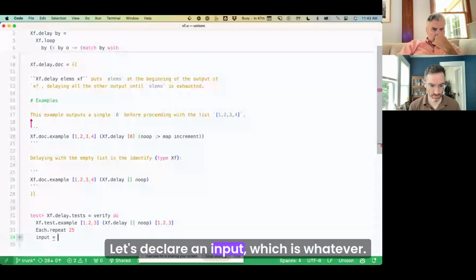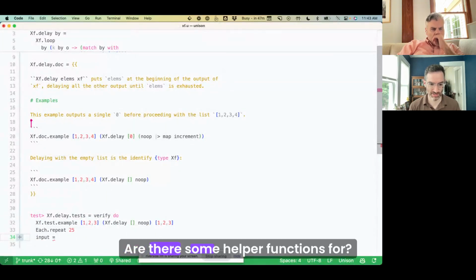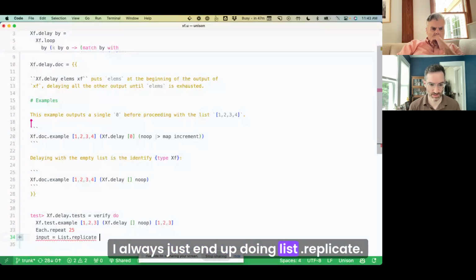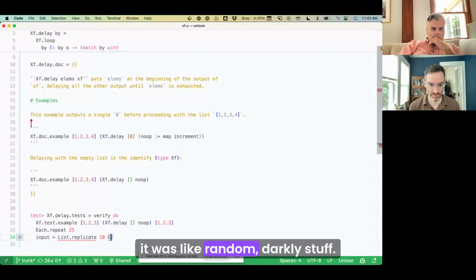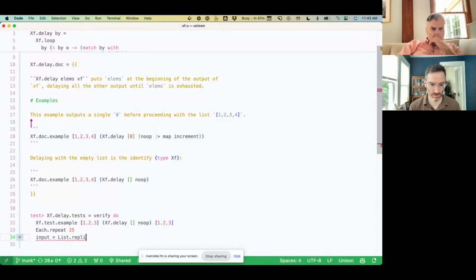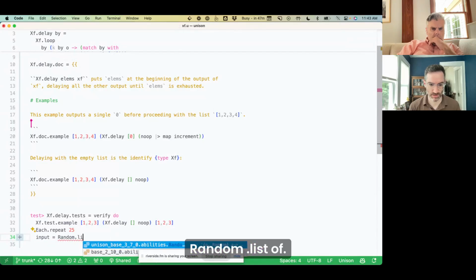Let's declare an input, which is whatever. Are there some helper functions for this? I always just end up doing list.replicate. Yeah, it was random.list.of. Oh, great. Random.list.of, I think so. Anyway, let me check.